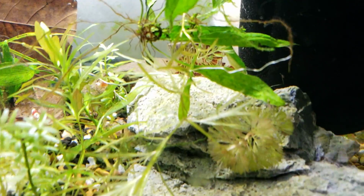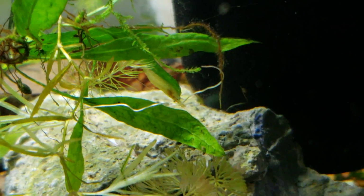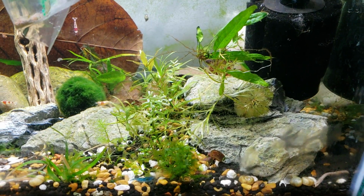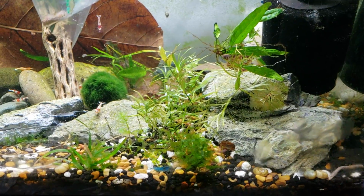I'm just going to go ahead and show you guys that they end up looking like this, these shrimp. And this should be enough, hopefully now. I should have at least 6 or 7 to get a colony going of these, if these guys make it,